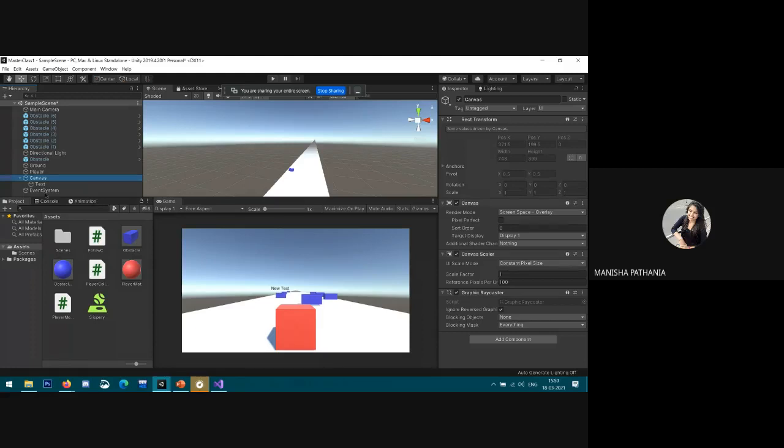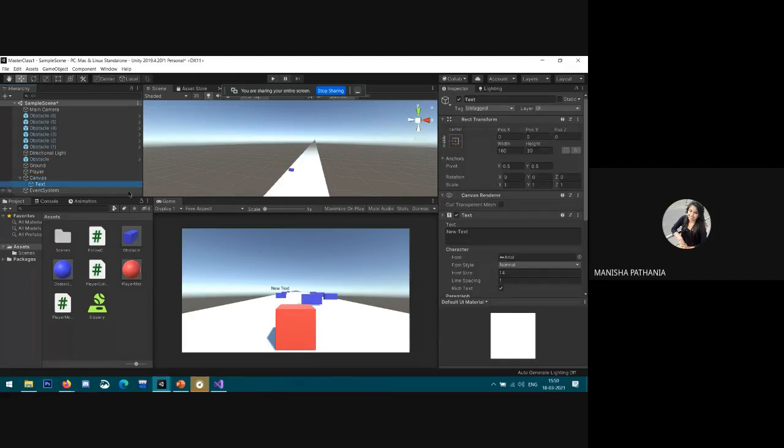So when I create the text object, it will be created in the canvas window. The text object allows us to configure our text.